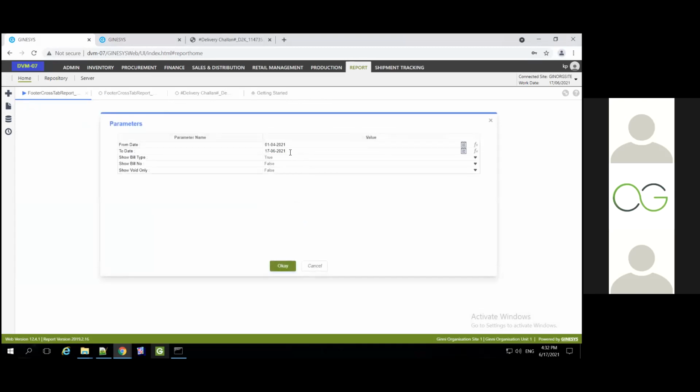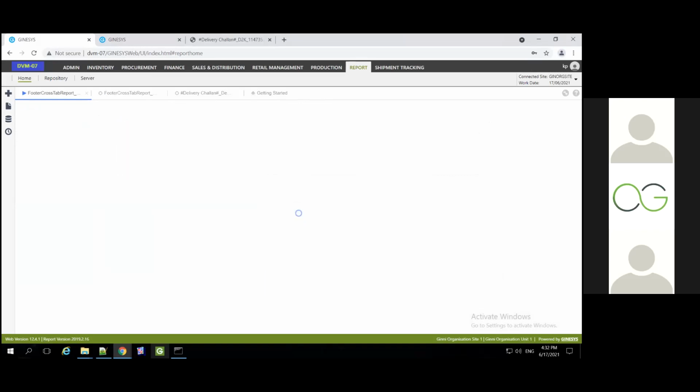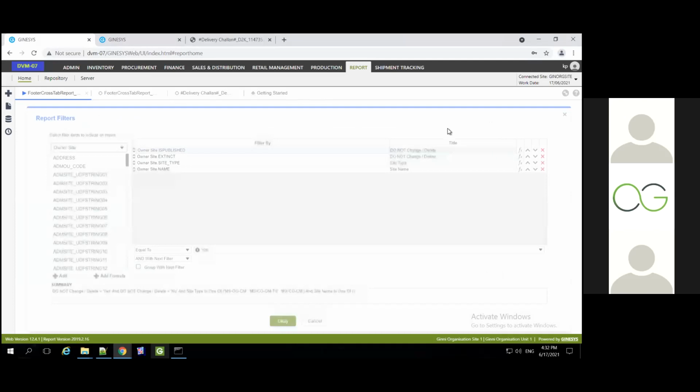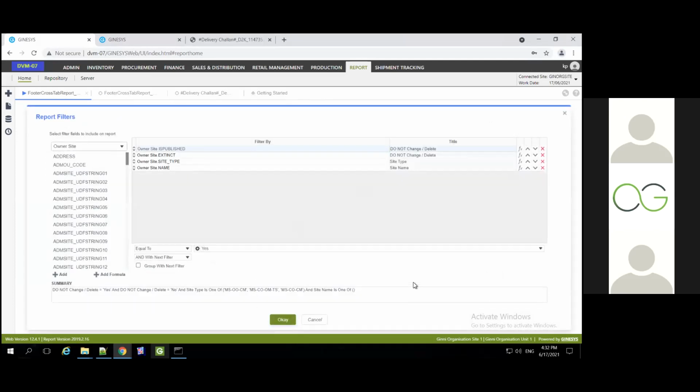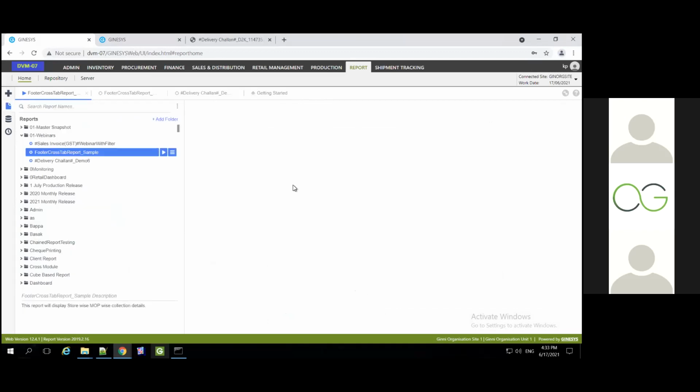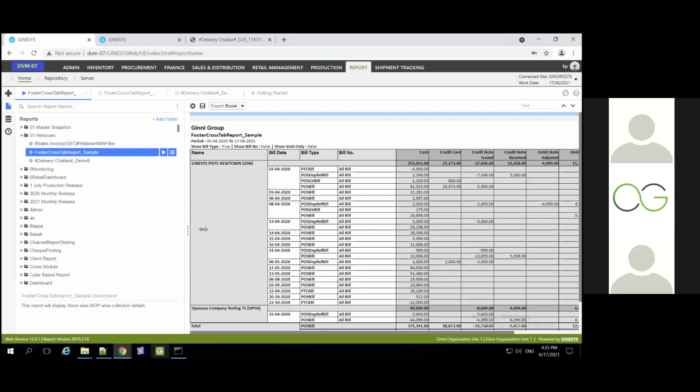Once we have gone through the output, we will come back to the report design and understand why we have used the cross tab in the footer.